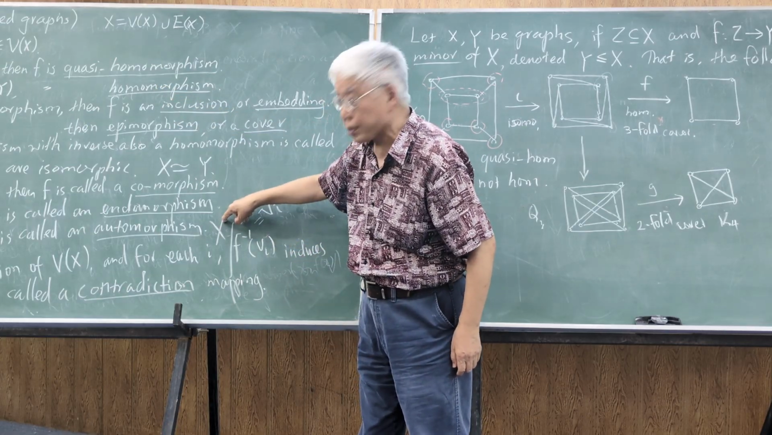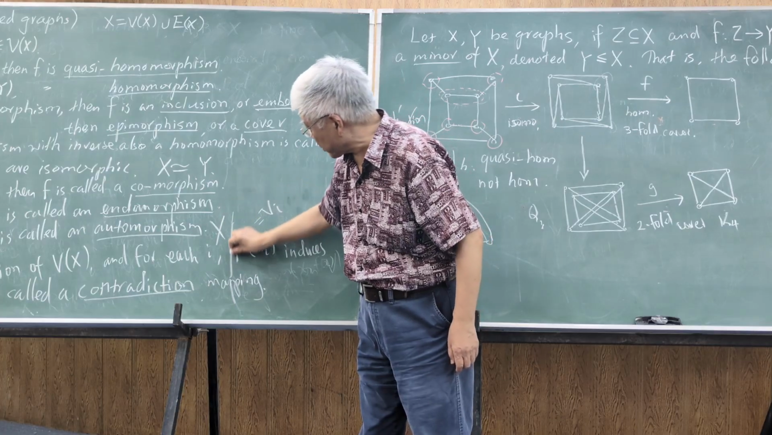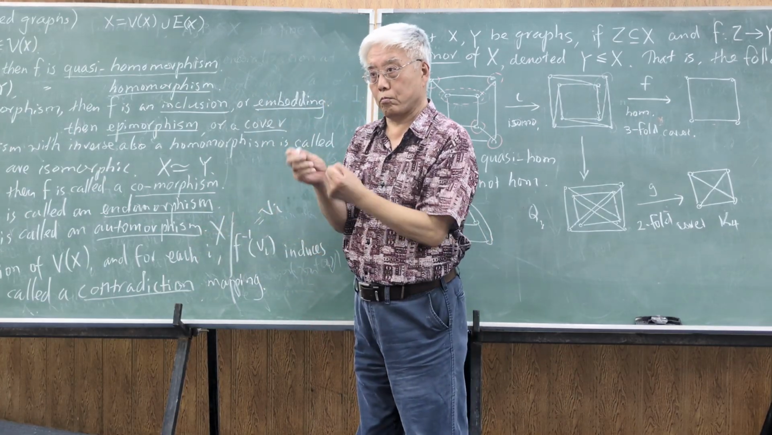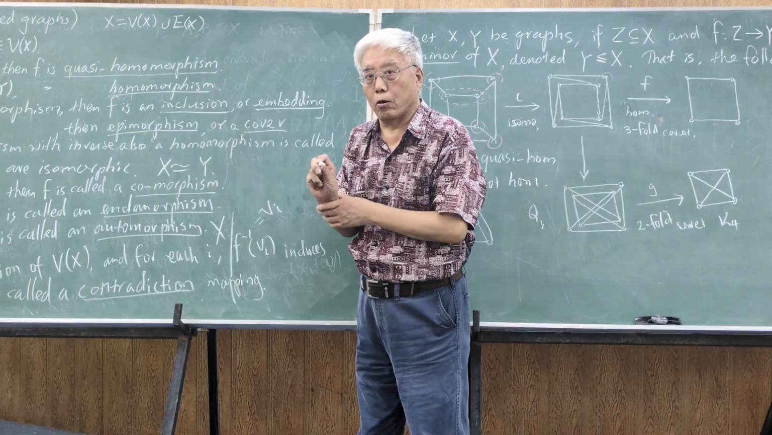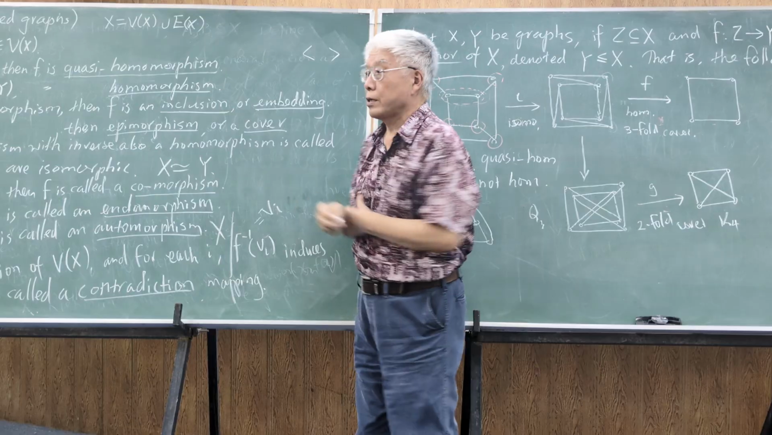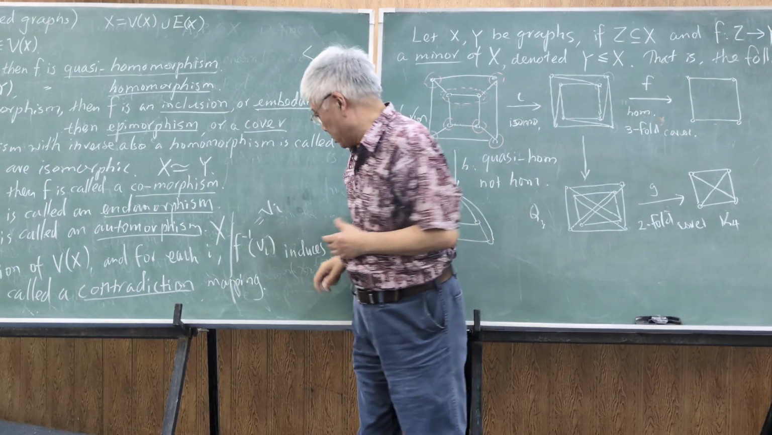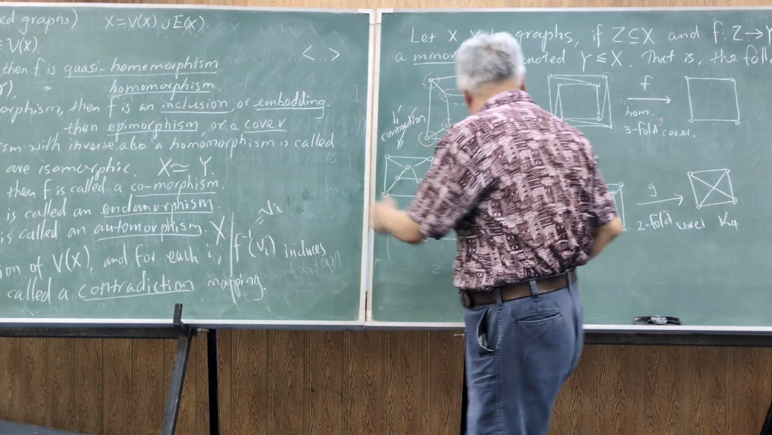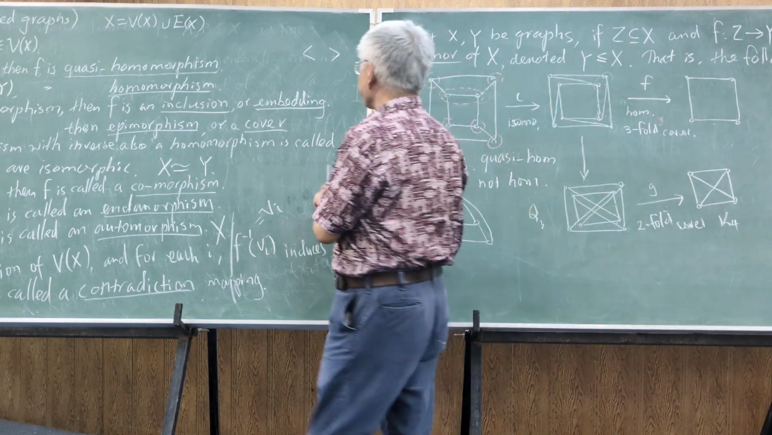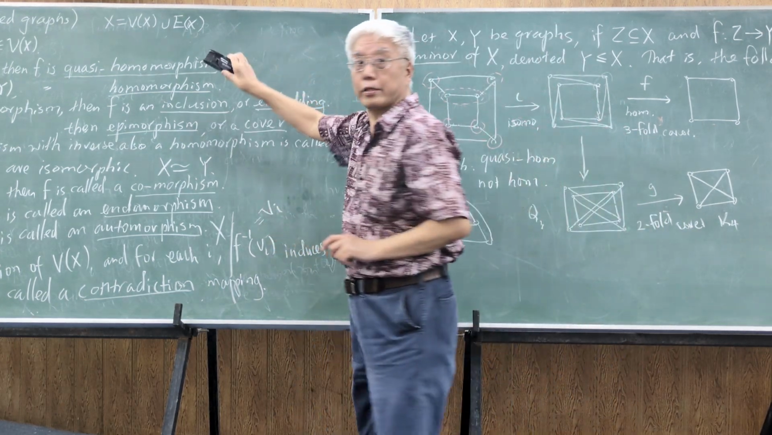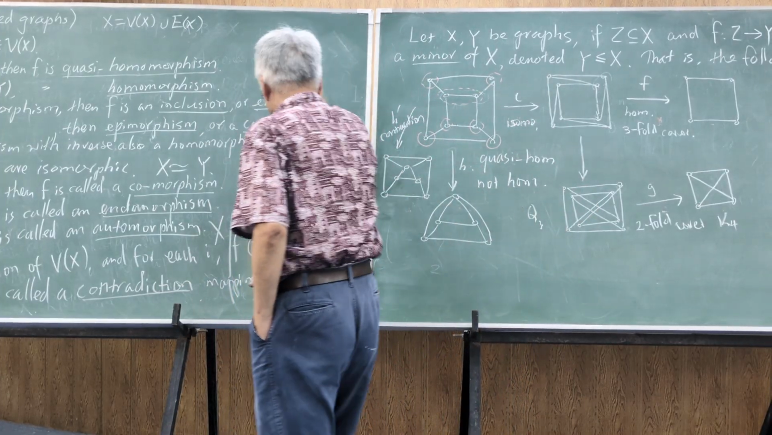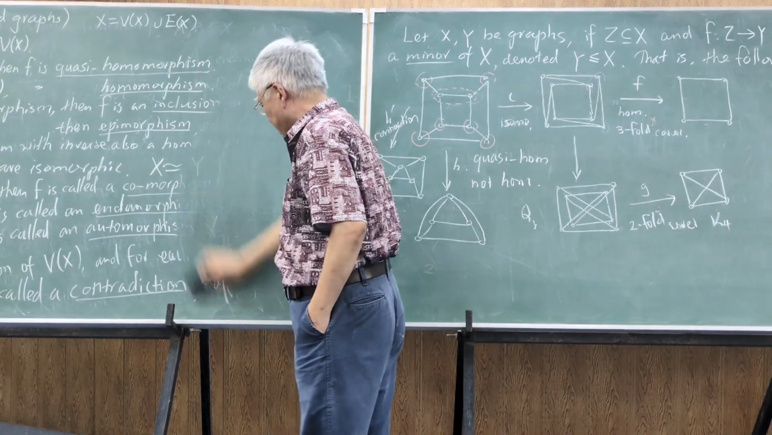I usually use this vertical bar with subscript to indicate spanning or induced. I don't usually use this except in linear algebra. This is a very compact, good notation. May I erase this board now? Yes. Now we're going to give examples of